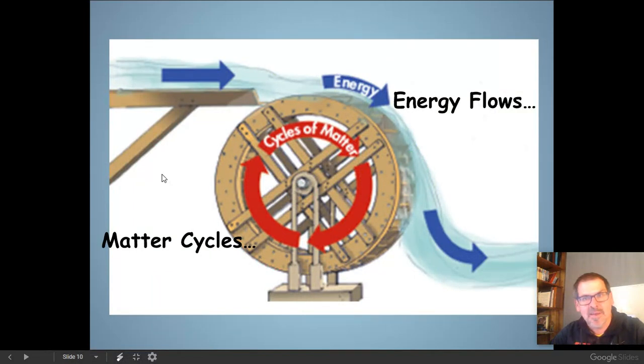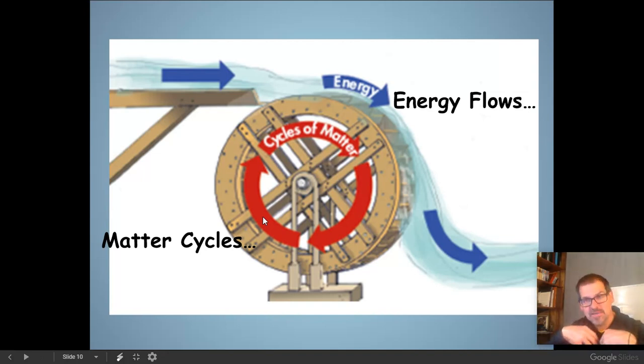Last bit, again, nothing to write here, but just consider the graphic. Another analogy. The matter that makes up our body, that just gets cycled around, right? When I'm dead and gone, I'm in the ground, and I'm being consumed by the microbes and the worms and the detritivores, and my body's being broken down. That matter is literally going to get used up. It's going to get recycled.